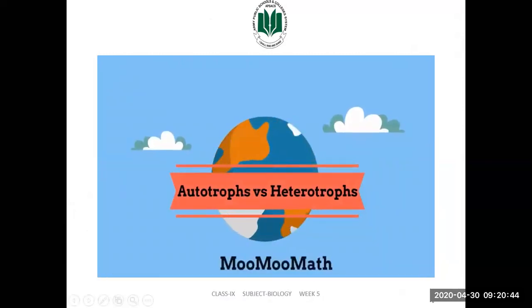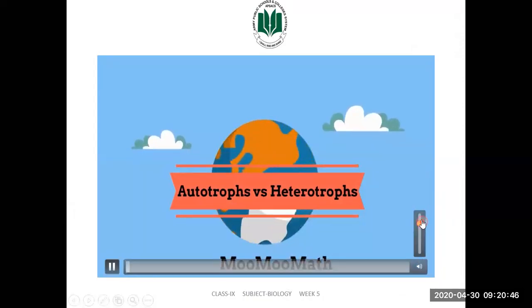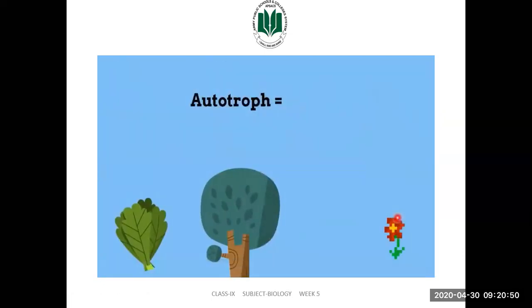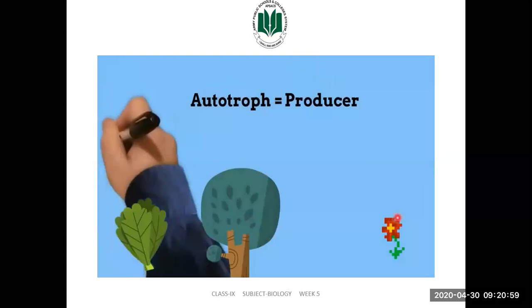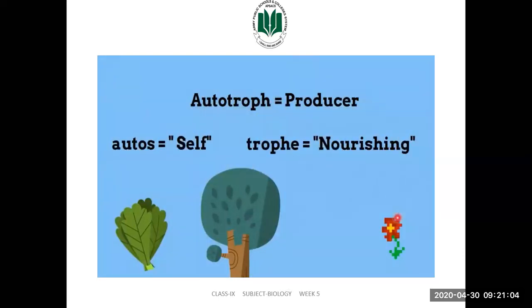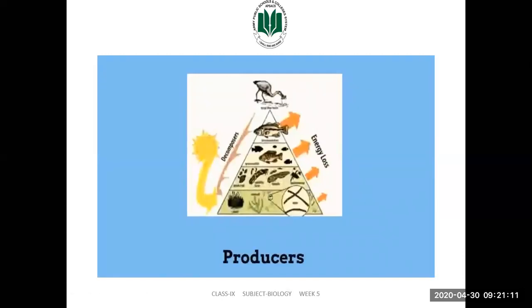Welcome to Moo Math and autotroph versus heterotroph. An autotroph, also called a producer, is an organism that can self-feed. The word autotroph comes from the Greek word autos, meaning self, and troph, meaning nourishing or nutrition. Autotrophs are the producers in a food web, and they are the bottom base in an energy pyramid. Some common examples would include